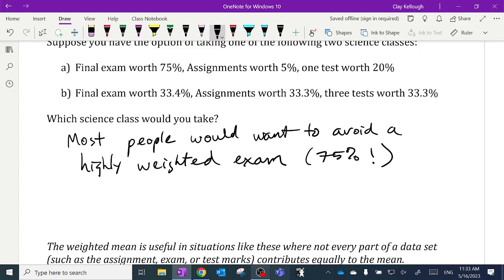Now that doesn't mean in your life you can avoid situations like that all the time. There are some courses out there where you might have a 100% exam. The whole course is your exam, right? If you want to be a lawyer, the bar exam is one thing. 100% of your grade that determines whether or not you get your license to practice law is one exam, 100%, the bar exam. Most courses after high school aren't like that. I think the biggest ones at U of M that I've seen in first year is maybe 50% exams.